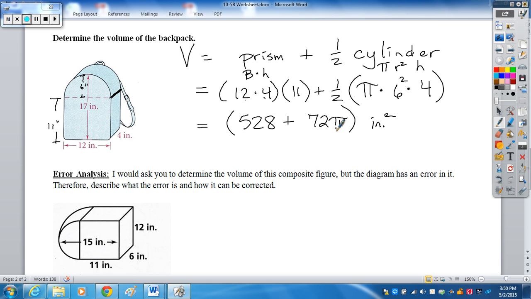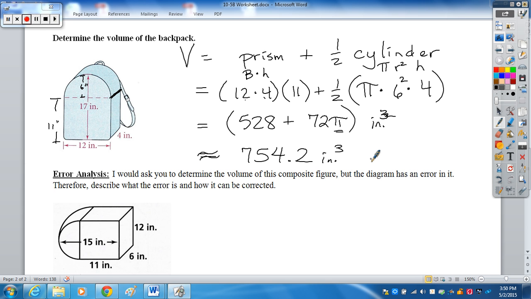Remember, we can't add, oh, almost made that mistake again. We can't add pi to this over here. We treat that like a variable. If you were to go one step further, because I really didn't put any directions on this one, you could finish it off by plugging it all into your calculator. And this would be an approximation, nearest tenths place, of the volume of that backpack: 754